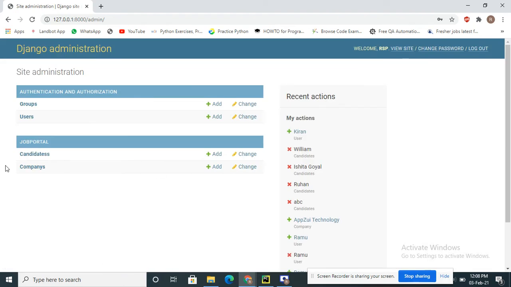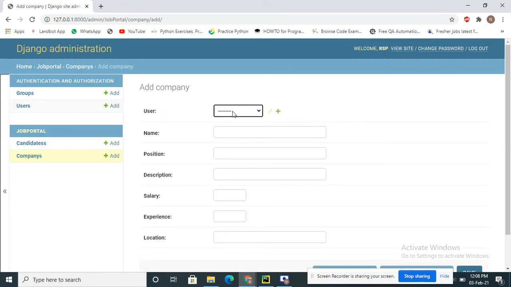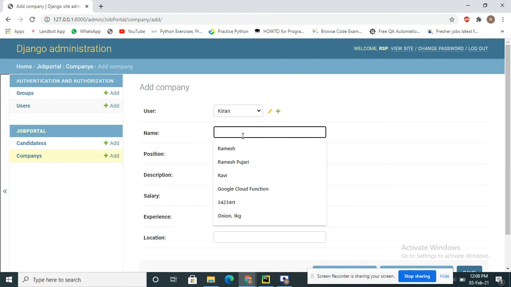Basically go to company and add the company here. Admin needs to select an HR name. Just now we have added Kiran HR. So for HR Kiran, I am adding his company requirement.